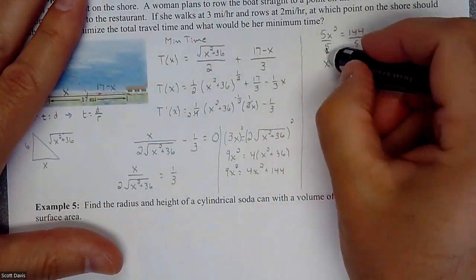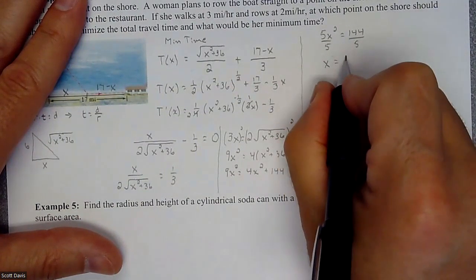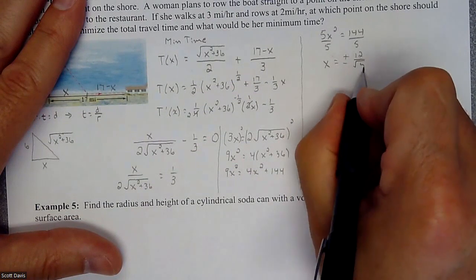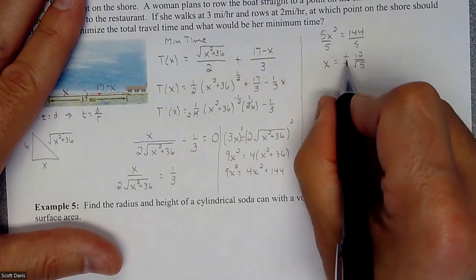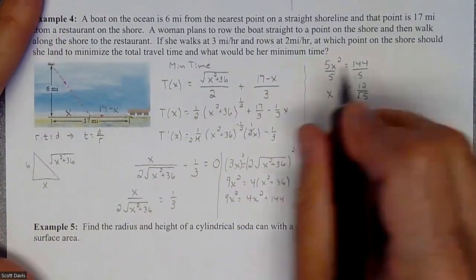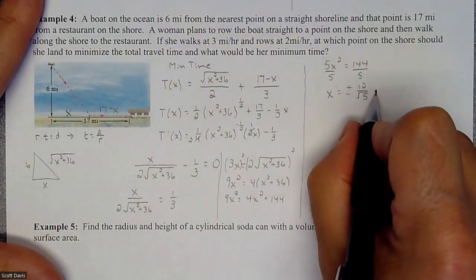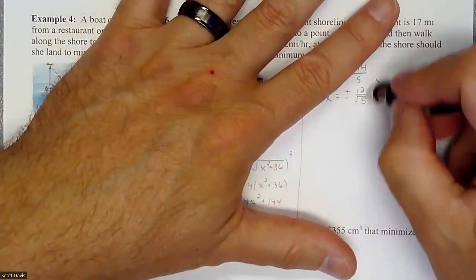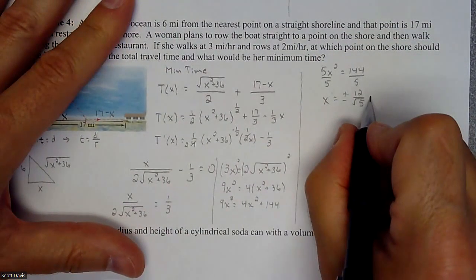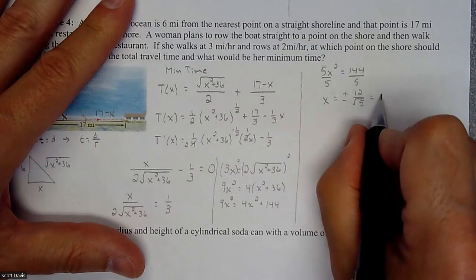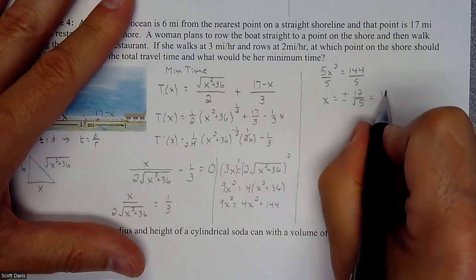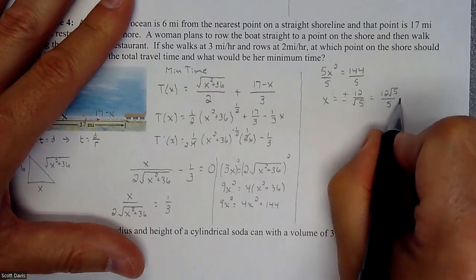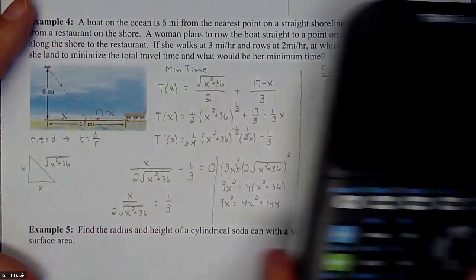So if I square root that, I'm looking at a 12 plus or minus a 12 over the square root of 5. And my negative is not going to make sense for my answer because we're talking about a distance. So we are just going to focus on the positive. And just to make some sense out of it, if we rationalize it, we have a 12 square root 5 over 5, which is approximately